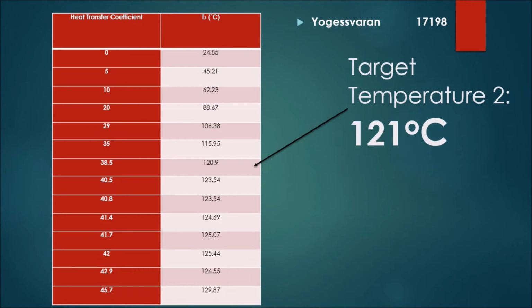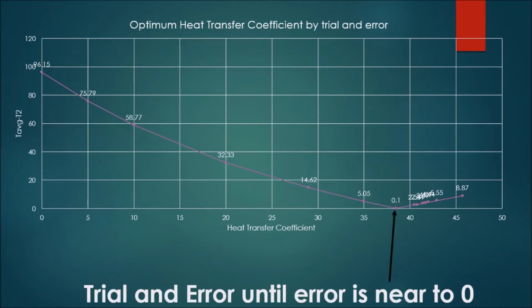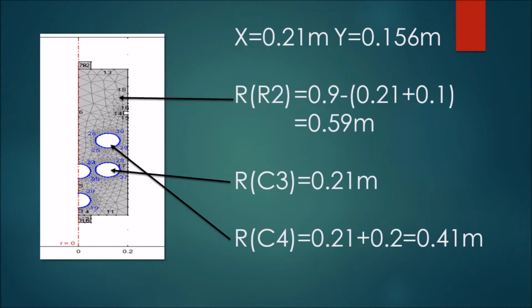Now I'll talk more about the results. First, I'll talk about Mr. Yogesaran's result. As we can see here, for his part, the heat transfer coefficient needed to achieve 121 degrees Celsius is around 38.5, and this is the optimum heat transfer coefficient graph by trial and error. This is the diagram for his part, where x is equal to